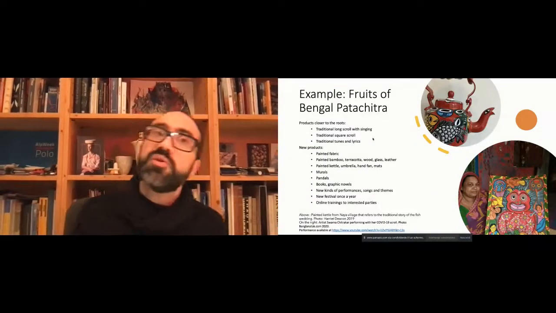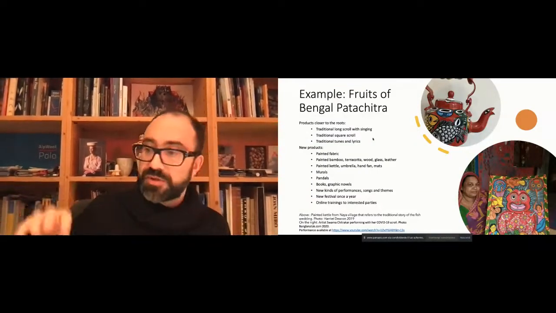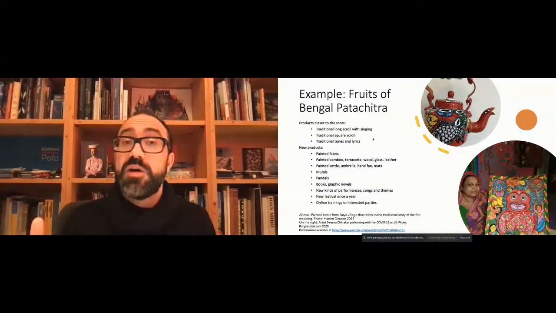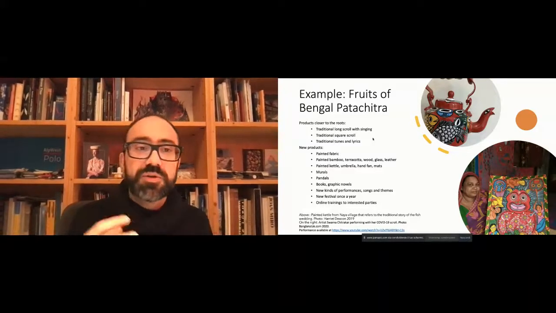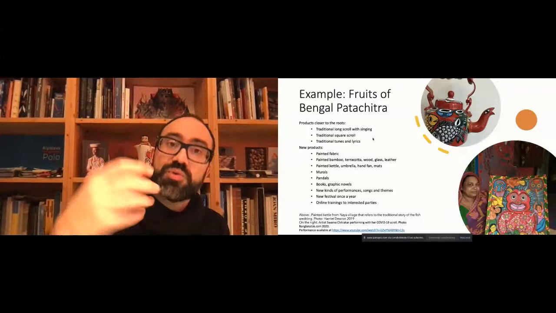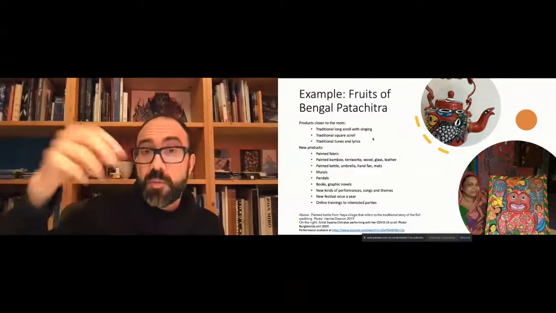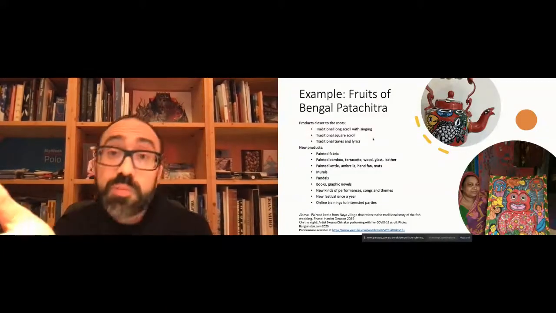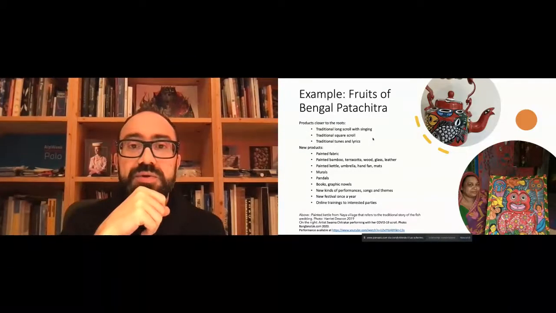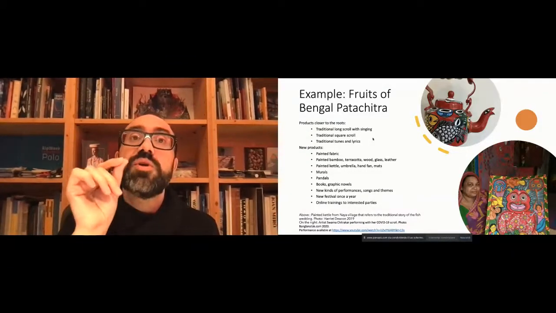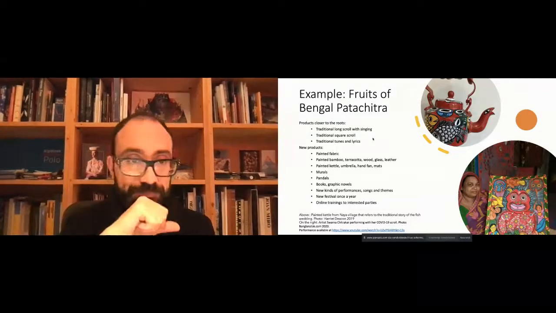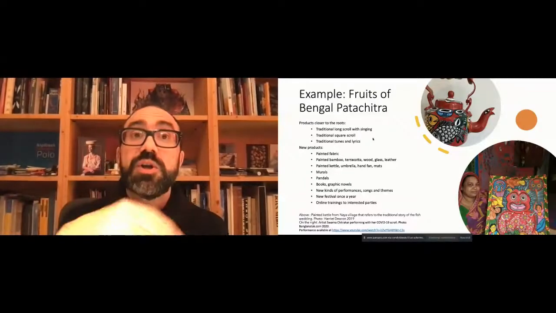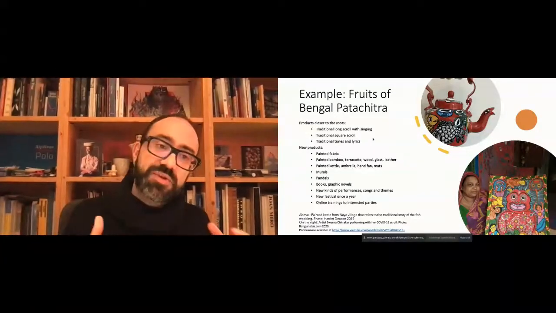But what happened is that over time, the Patuas, thanks to collaboration with some fashion designers and product designers, started to innovate and use the traditional colors and the traditional motifs on new products like t-shirts, umbrellas, or the beautiful kettle that you see there, which is based on a traditional story, the story of the fish marriage, which I do not have time to tell you about. And you can see there are other innovative products.